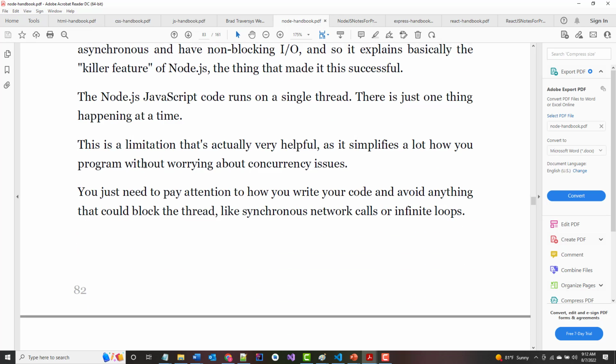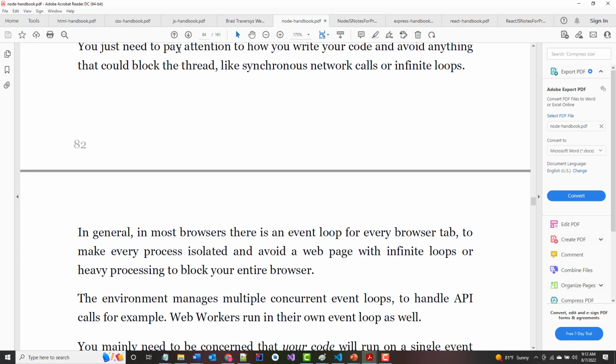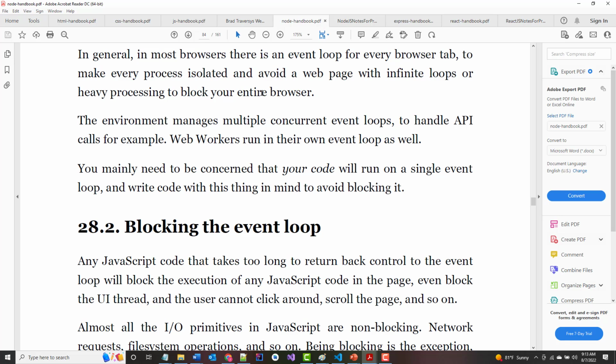Node.js, as it says there, code runs in a single thread. So there is only one thing happening at a time. That said, Node, as it has to, can switch back and forth between things very, very quickly. You do have to pay attention, as it says, to how you write your code to avoid anything that could block a thread. Things like synchronous network calls, infinite loops, anything that's CPU intensive, like a lot of CPU intensive